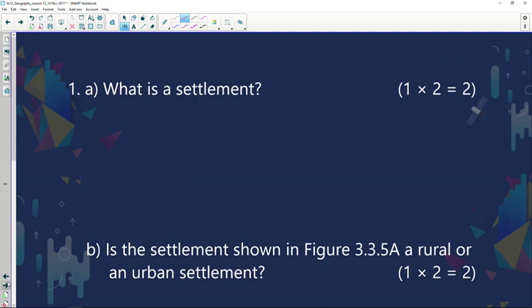Now, what is a settlement? A settlement is where people live, where a bunch of activities take place. We looked at rural settlements, we already discussed it. It's usually where primary activities take place. And then we look at urban settlements, where secondary and tertiary activities usually take place. Now, if you look at the next question,